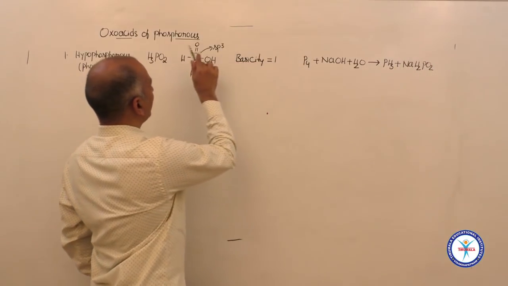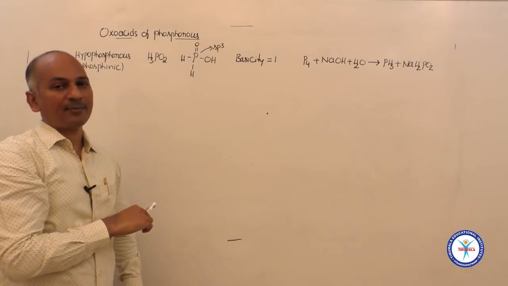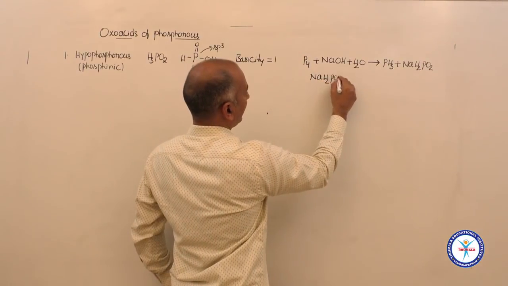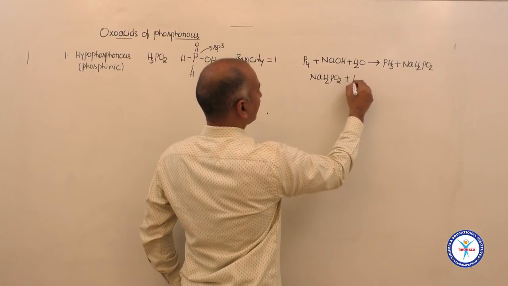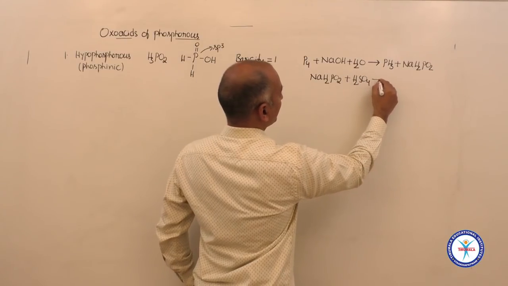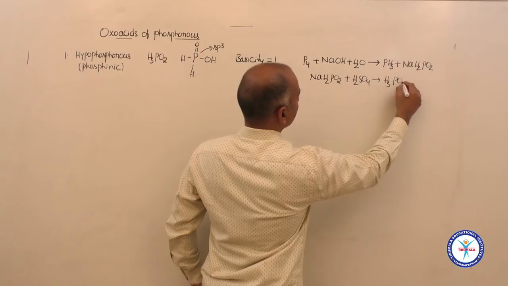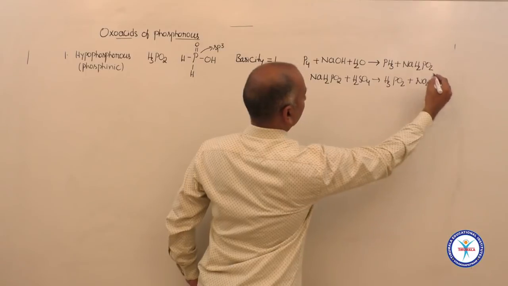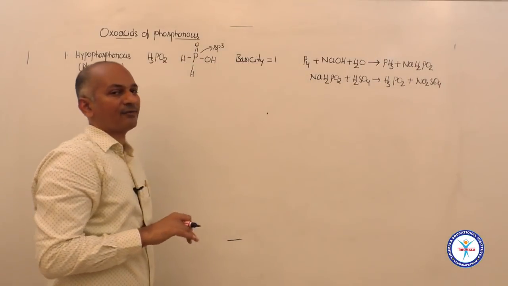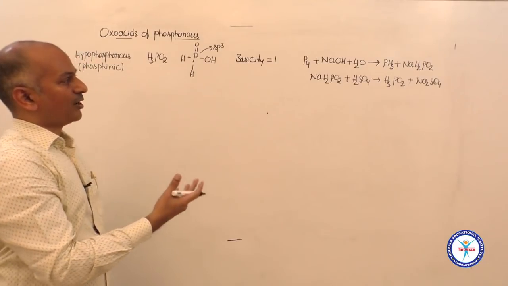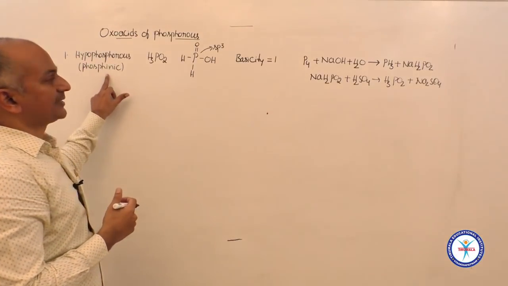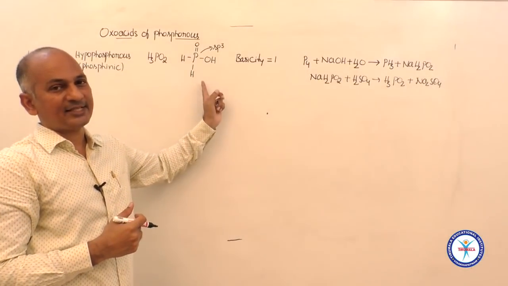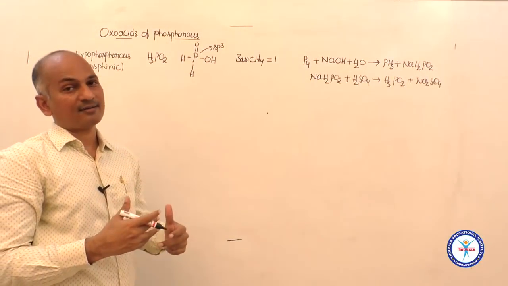NaH2PO2 is nothing but the salt of this acid, hypophosphorus acid. So now you take this NaH2PO2 and you treat it with any acid like H2SO4. So you will get H3PO2 plus Na2SO4 or NaHSO4, sodium sulfate or sodium bisulfate. So this is how hypophosphorus acid is prepared. You see just the important points of that acid: structure, basicity, hybridization, whether it is reducing or not, and method